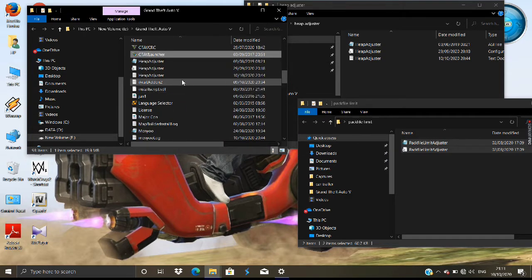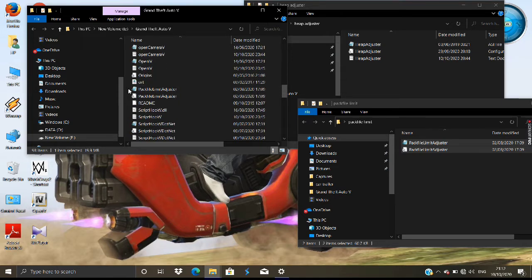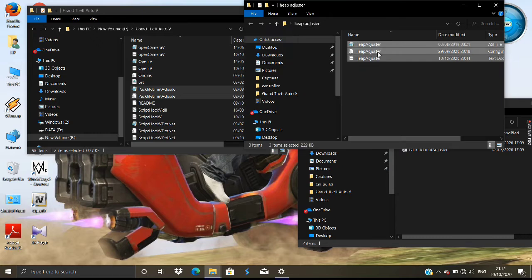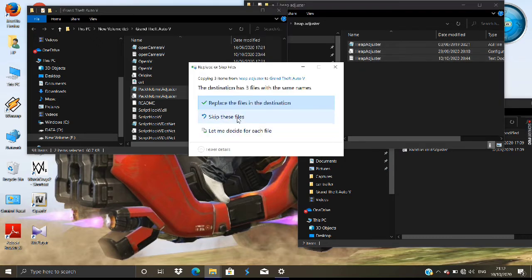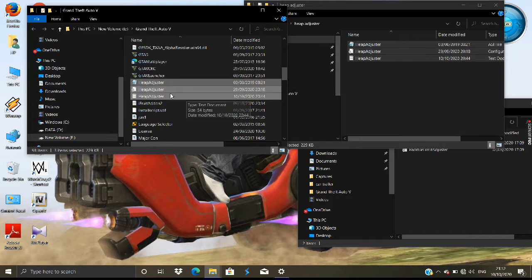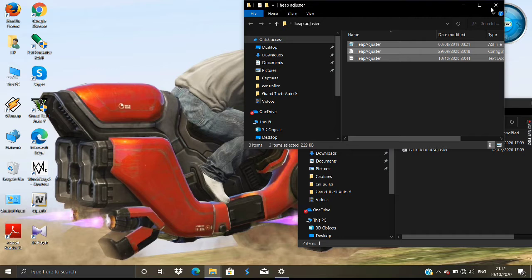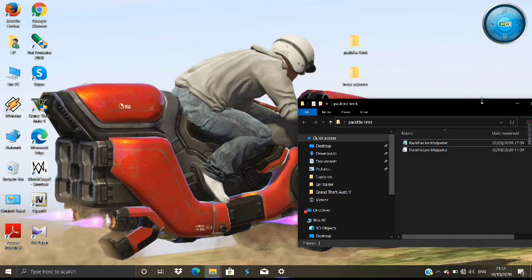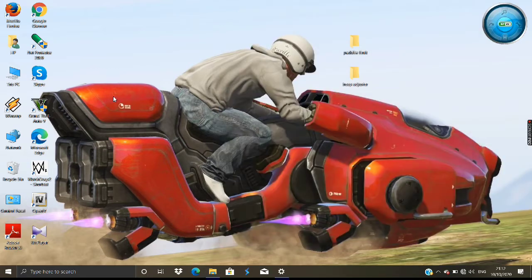You can see here I have both the pack file limit adjuster, and now I will replace the heap adjuster file. Here you can see the three files. So close all the files. We are done with the modding, so close it.